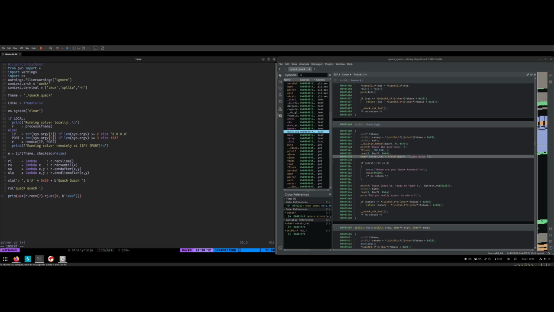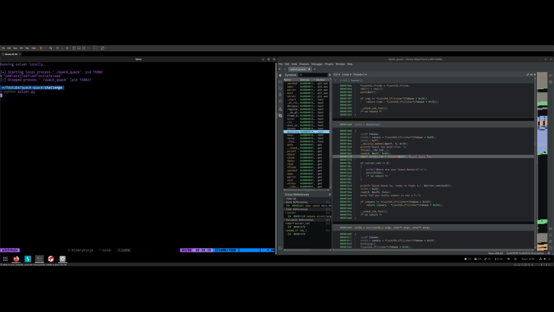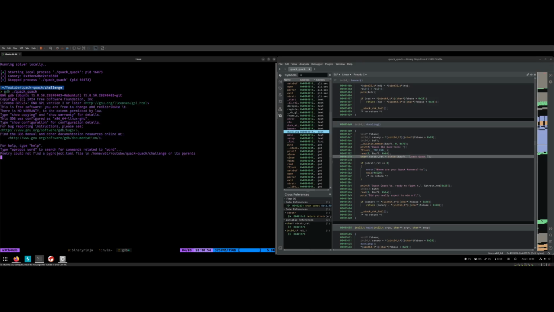Alright, and let's add this as our canary here, and print canary, and we have the canary value here. So let's see if this gives us what we want. Python solver. Alright, this looks like a good canary to me. Nice and clean. So this way we leaked our canary, and after that we're gonna head back, now that we have our canary, and see